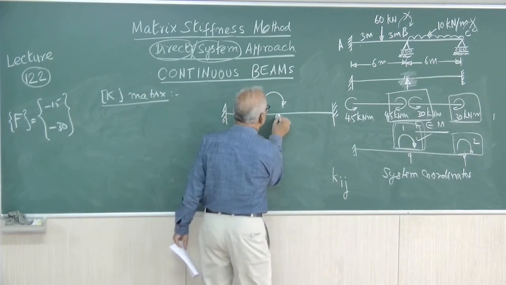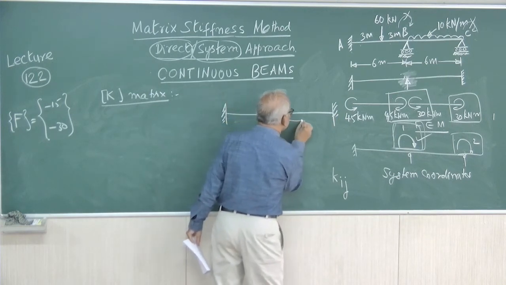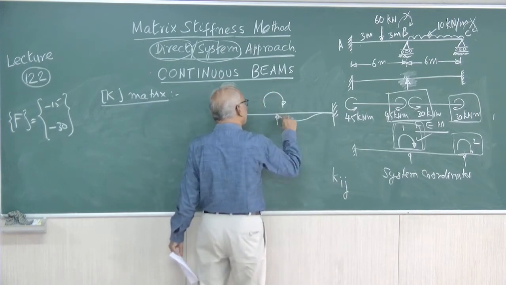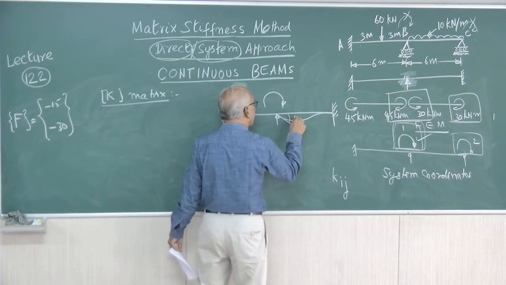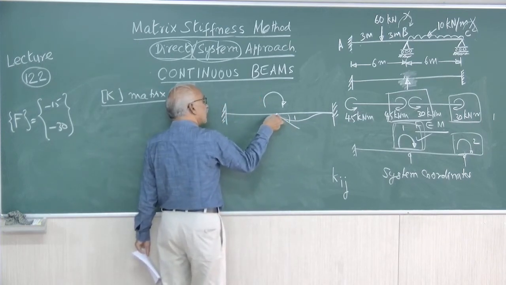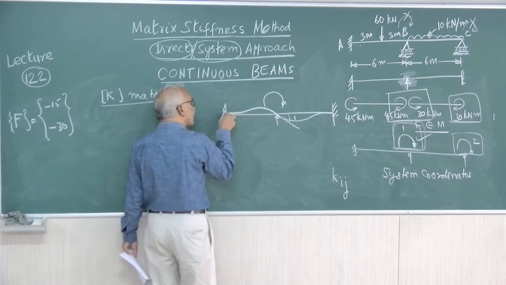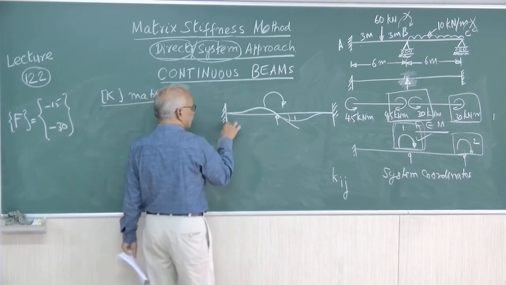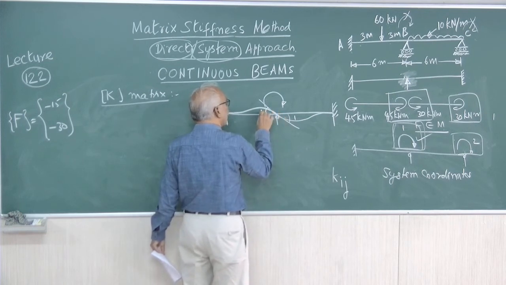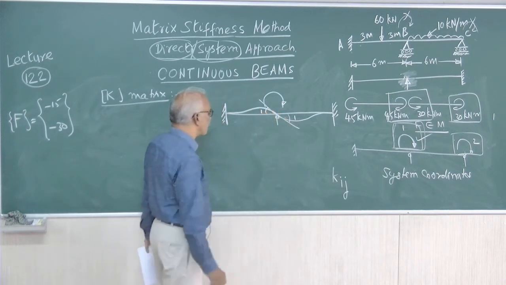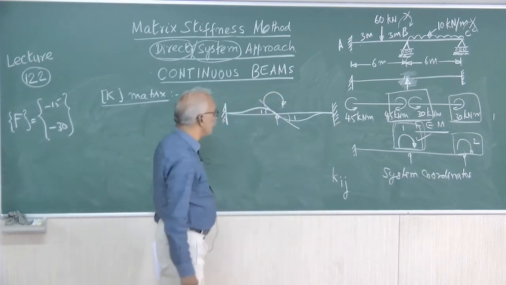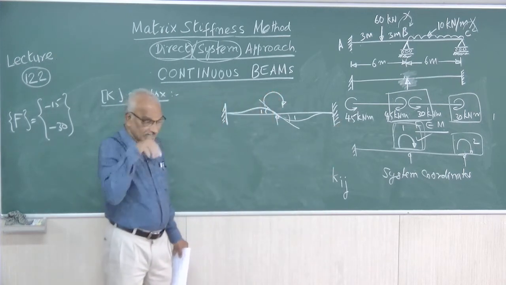Right. Now the value of the displacement is unity. So here it will be 0 because it is fixed. And here we will be applying theta b equal to unity. And when this undergoes a rotation, this will also undergo the same rotation. Again it will be 0 because this is fixed. So here we are applying unit displacement, 1 and 1. So one displacement at a time. By the time, the other ends will be treated as fixed, only one displacement at a time. Right.